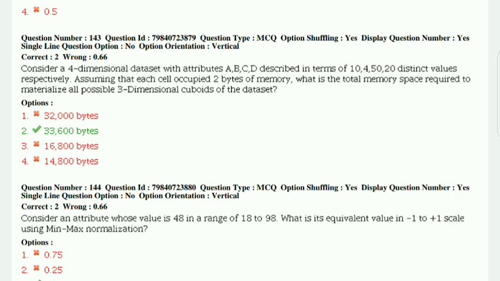36,000 bytes. The number of 3D cuboids is equal to the product of 3 attribute values. So what is the product of 3 attribute values here? So 10 into 4 into 50 into 20. Okay. So each cell takes 2 bytes. So total memory equals to 2000 into,